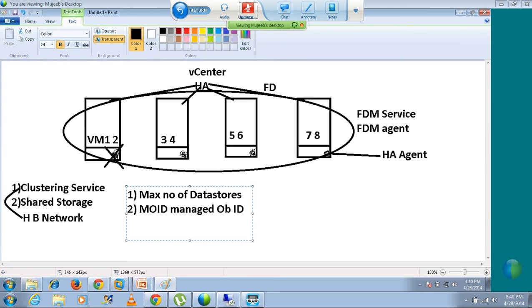Clear? Rajiv, can you just repeat that again, please? Hello? Guys,